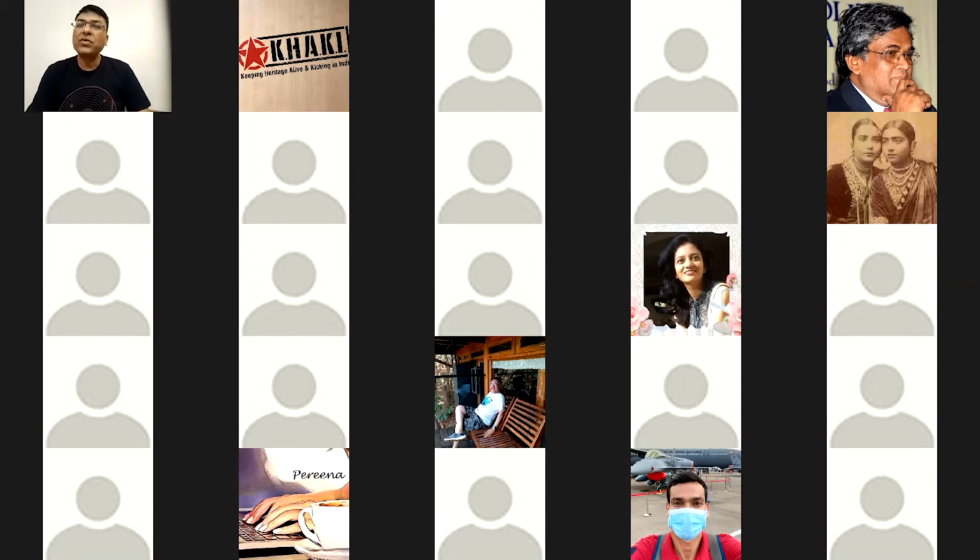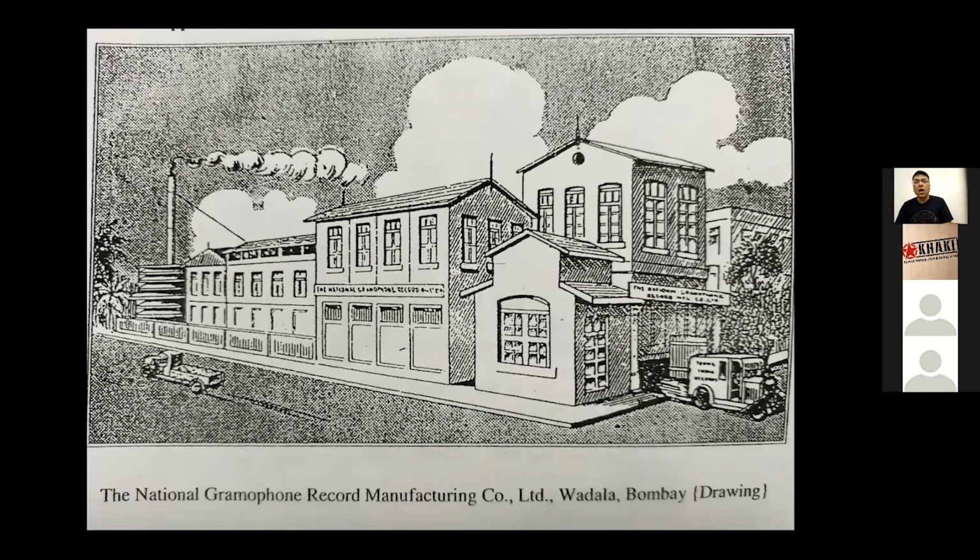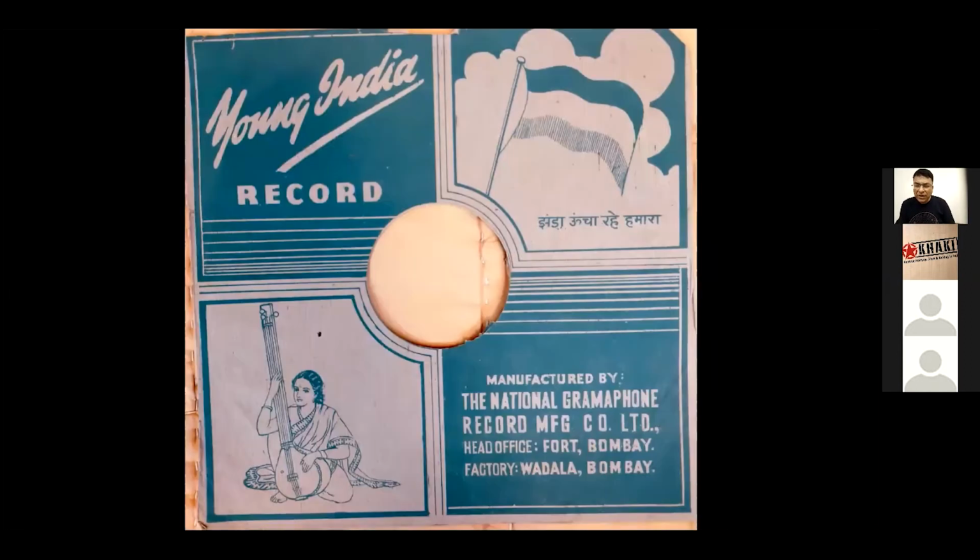That's right. That was Pandit Jawaharlal Nehru who came to inaugurate the factory, because Dulerai Pandya was a nationalist, and he said, why should we depend on foreign products? We should have our own production. And if gramophone records were such a popular media of mass entertainment and class entertainment, why not have our own factories produce it? So he took the help of the Japanese, and his label, the Young India record, you can see the flag as a part of the label,